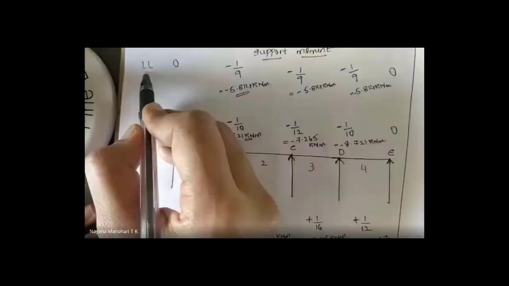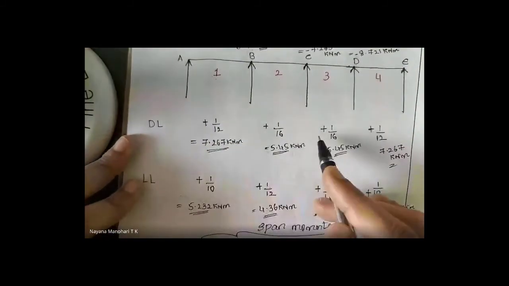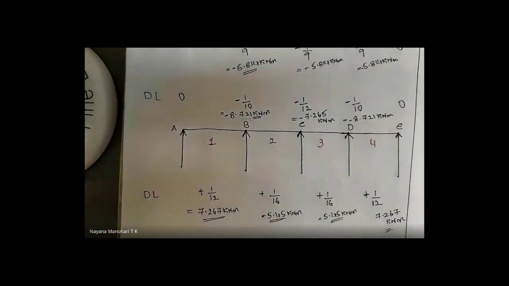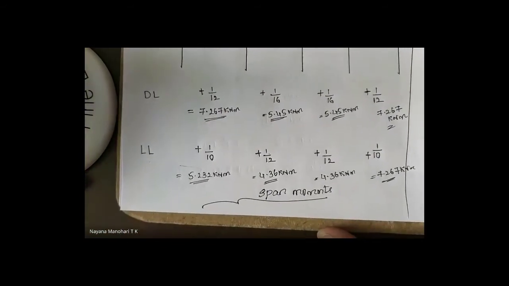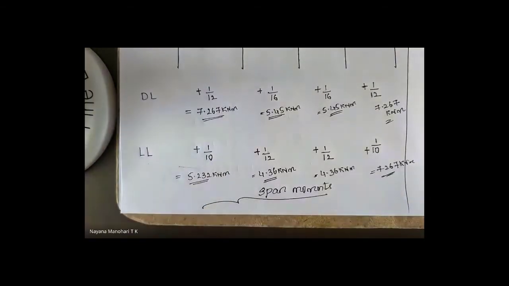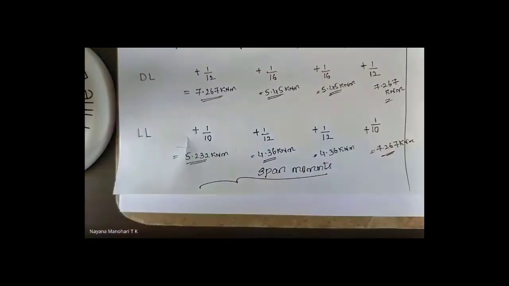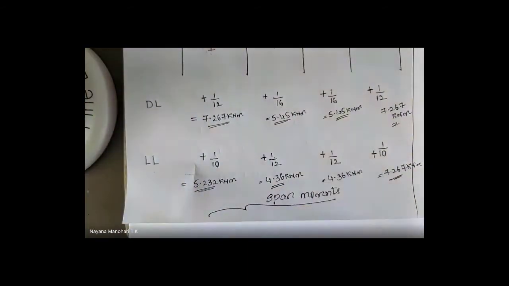Okay, now you add it up now. Separately you calculate the total, that is the support moment at each point, including what? Dead load as well as the live load. Similarly, what? The span moment at 1, 2, 3, 4, including what? Dead load as well as the live load. You calculate it. First you calculate what? A span moment. Okay, span moment you calculate it. I will show you now.